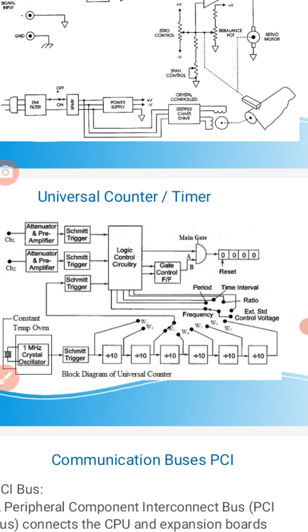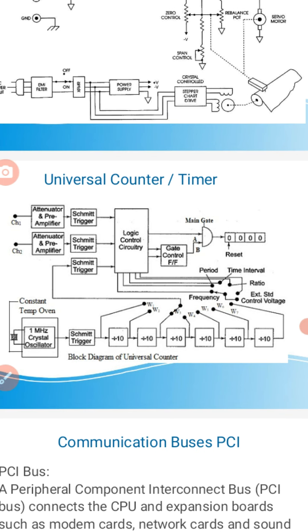Universal counter can be defined as a counter that counts a number of cycles over a second. With the advent of digital integrated circuits, the design of electronic counter has become very easy. An electronic counter can be used to count or measure frequency, time period, time interval between two actions, and to determine ratio between two frequencies.